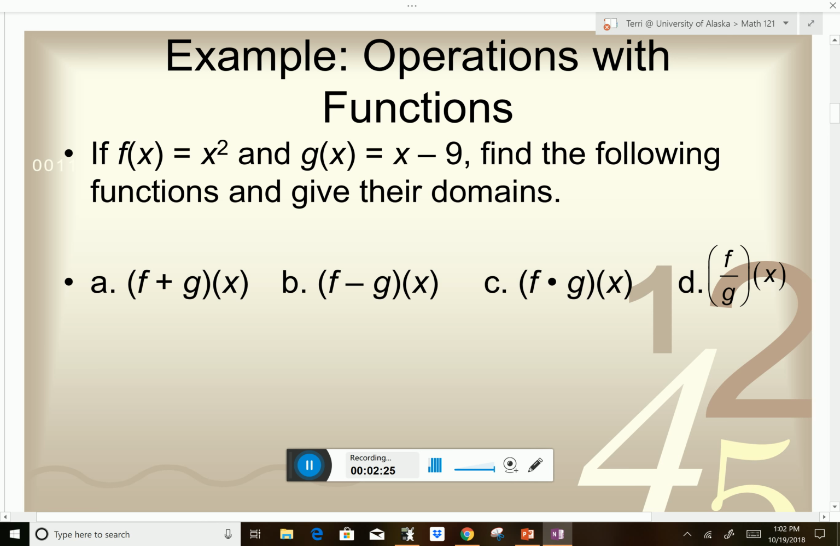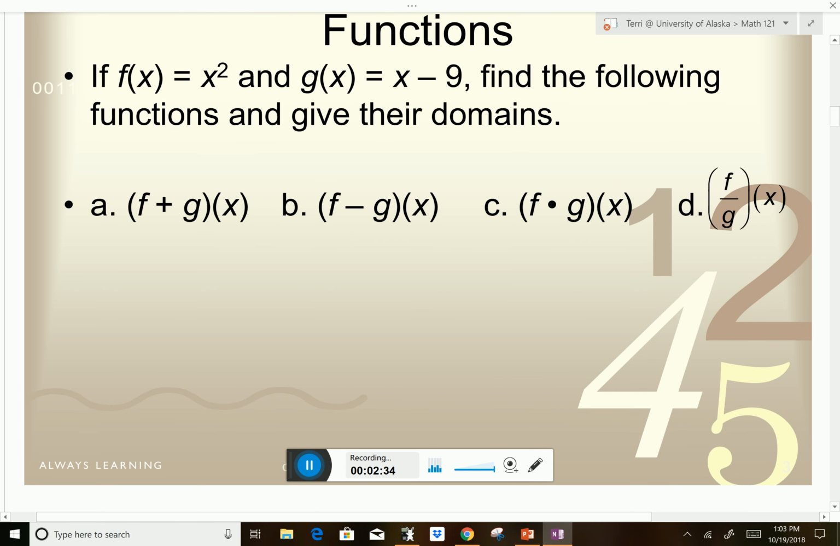So if f of x is x squared and g of x is x minus 9, find the following functions and give their domains. Okay, so if we have f plus g of x, that just means that we want the entire functions added together. So this is just x squared plus x minus 9. Just add the functions together. Simple. If I want f minus g of x, so that means f of x minus g of x, and